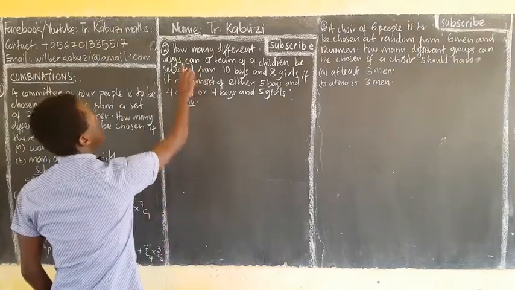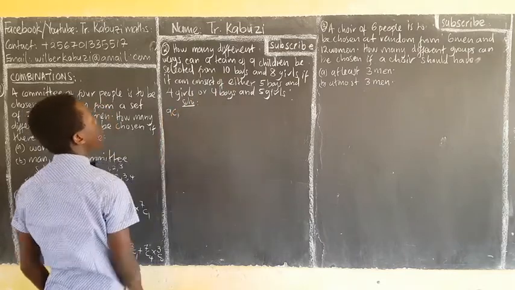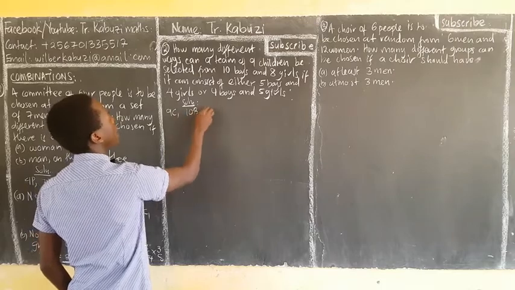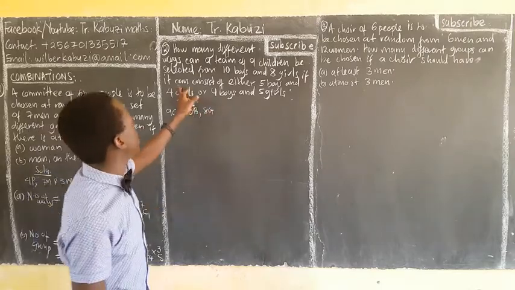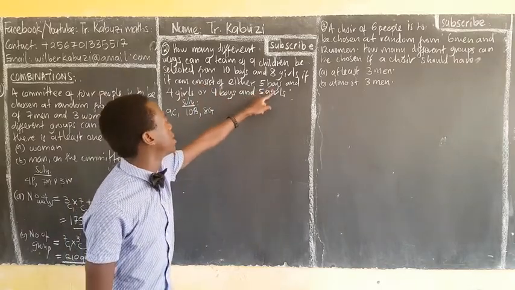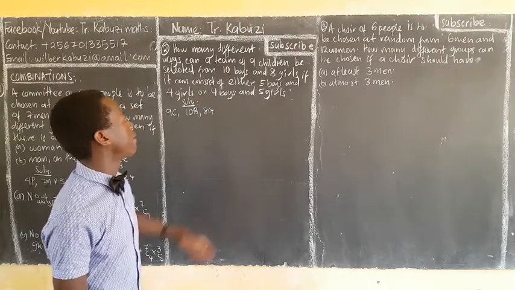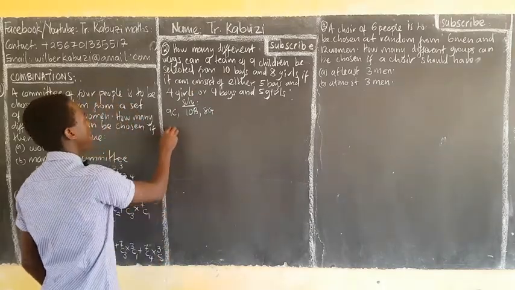So you want to pick a team of 9 children, but you are picking them from 10 boys and 8 girls. If it can consist of either 5 boys and 4 girls or 4 boys and 5 girls, so the number of ways here I'm going to be having